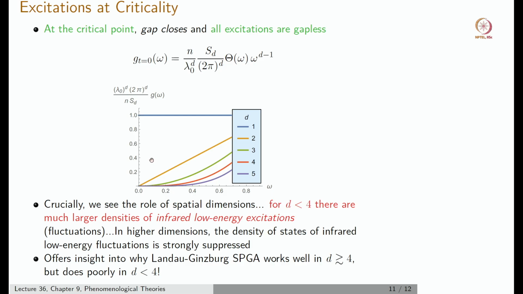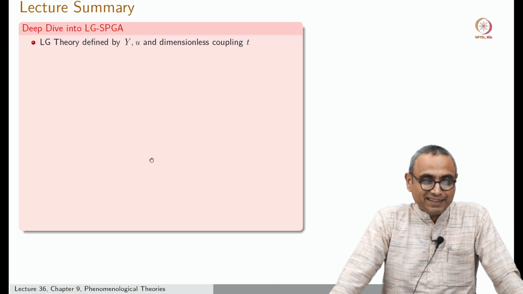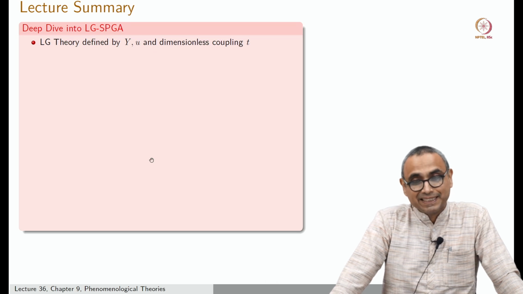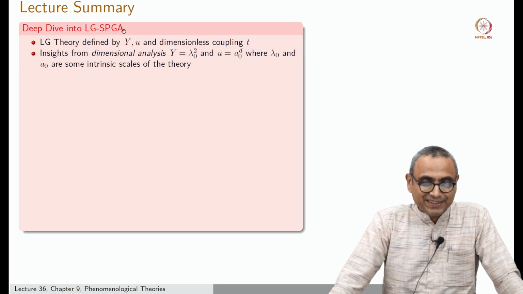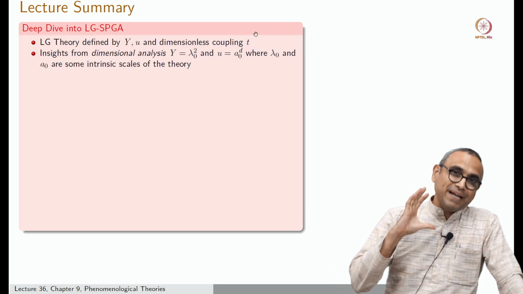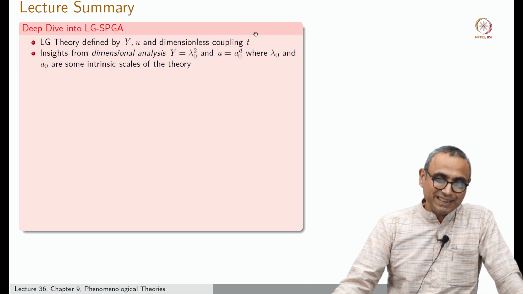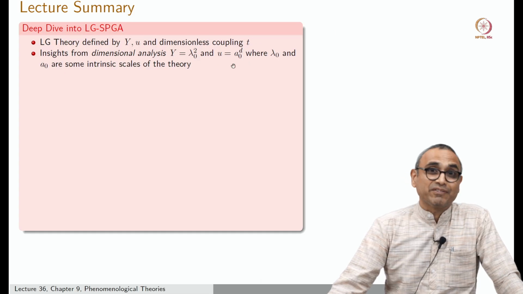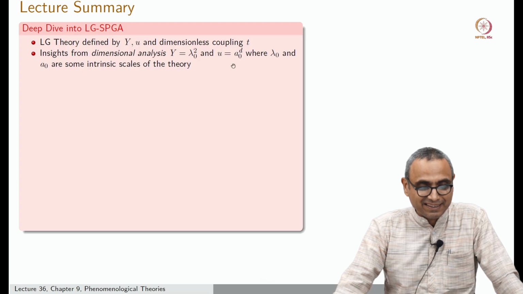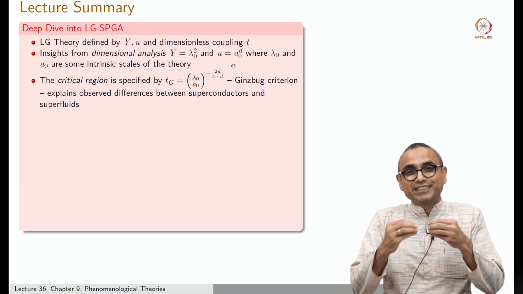Okay, so it's a good time to summarize the lecture now. What we did in this lecture was we took a deeper dive into the Landau-Ginzburg theory within the saddle point Gaussian approximation. We looked at a theory with 3 coupling constants based on some very nice physics-based arguments. We were able to argue that there are these 2 length scales. We were able to interpret what those length scales are,